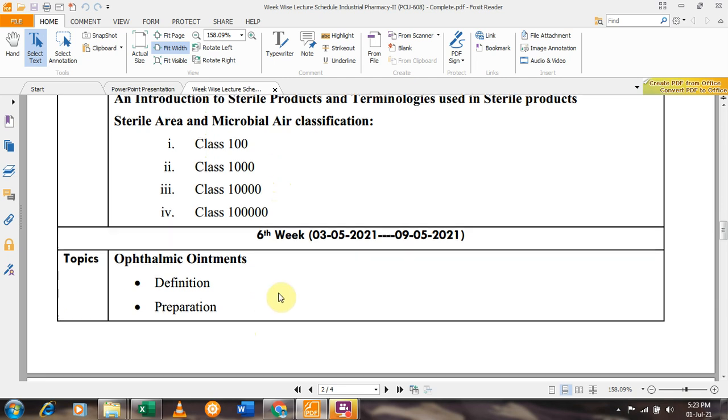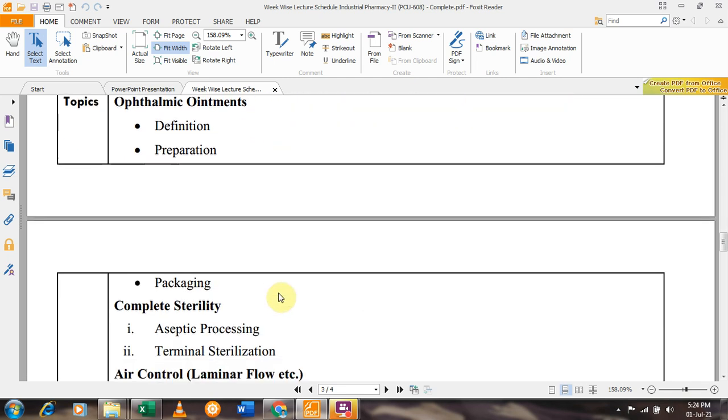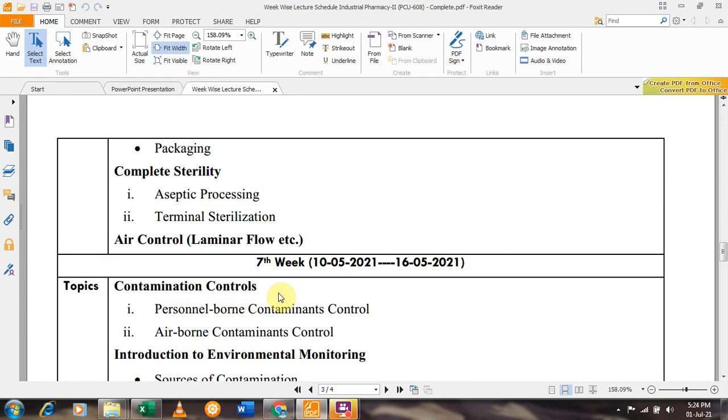Similarly, ophthalmic ointments, including definition, preparation, and packaging of the ophthalmic ointments, complete sterility, aseptic techniques or aseptic processing, terminal sterilization,